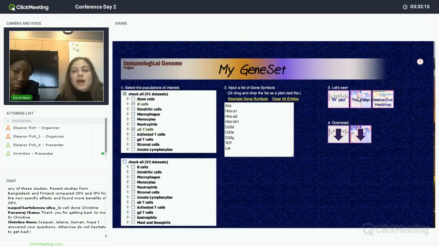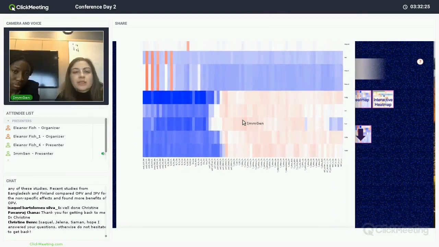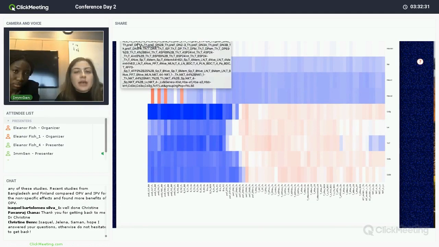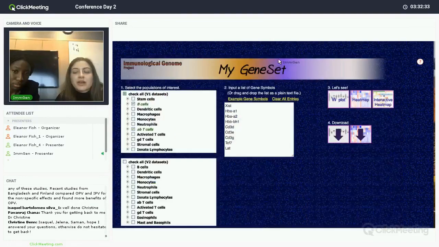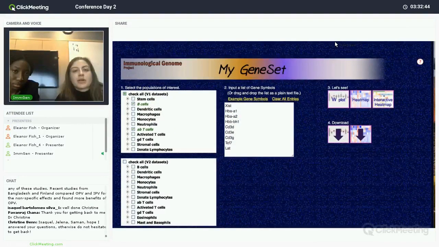And then also a heat map and an interactive heat map showing the same data. And this is a really quick and easy way to make figures for presentation. If you are interested in gene expression in different immune cell populations, we have tools available on the ImGen website. So we encourage you to play around with those tools,